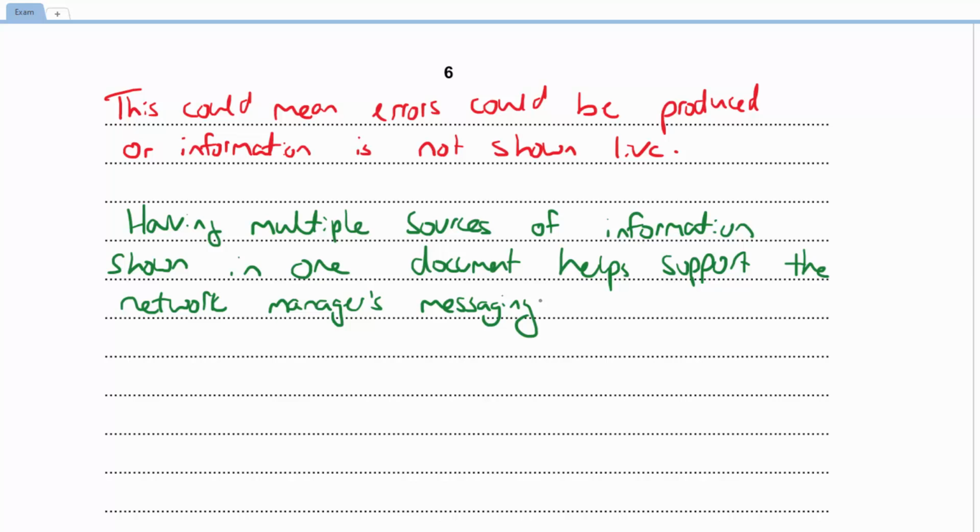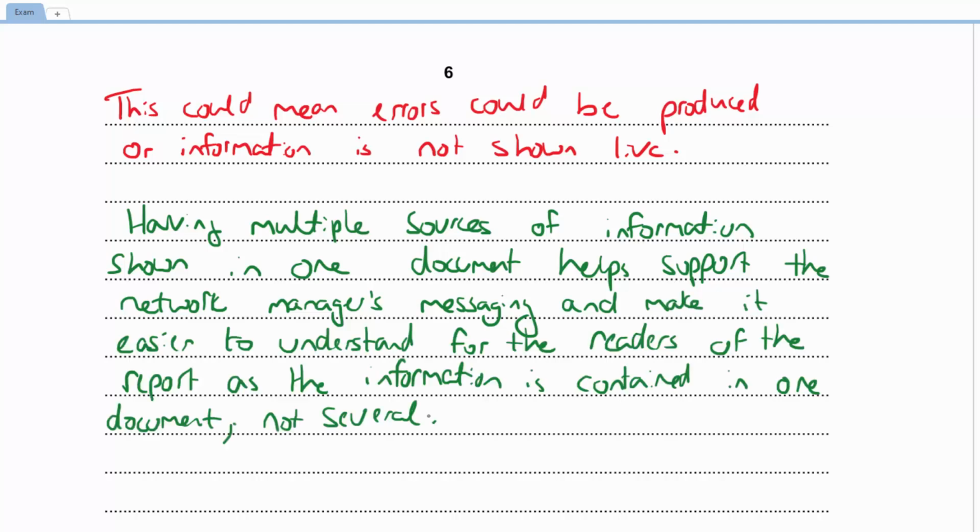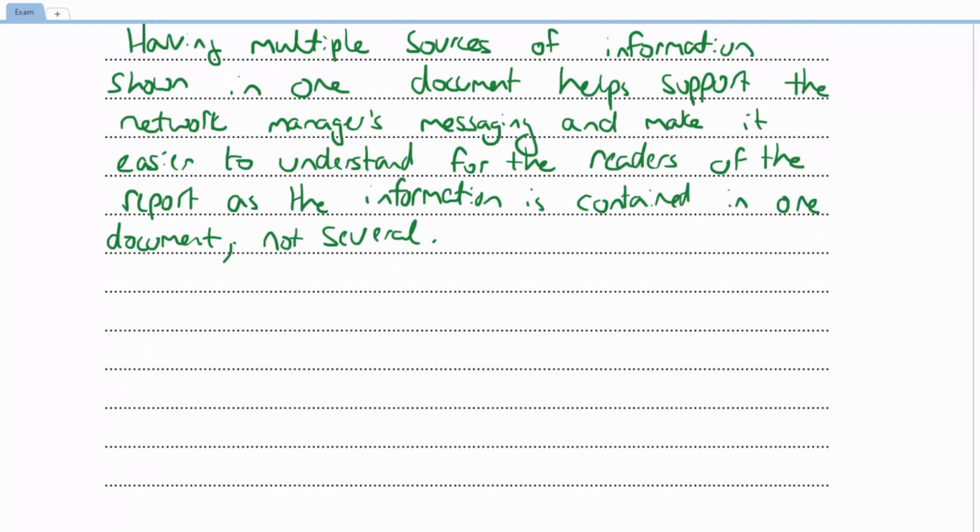You know, if he's written about improved income and then he's got a graph underneath showing this improvement, that helps support it. I could write this out fully if I wanted to give that example, but also it will help hopefully make it easier for the readers, because it's all in one place. But we were saying earlier that potentially we could have this overload, we could have too much information in one place. So we could say, but